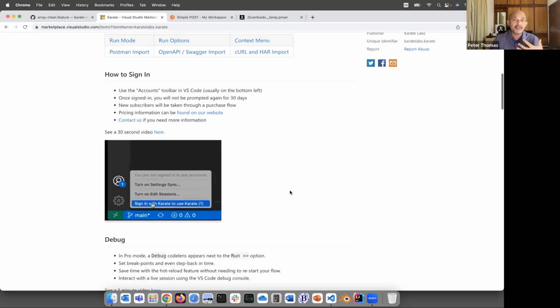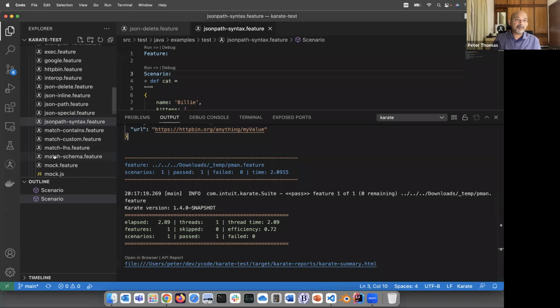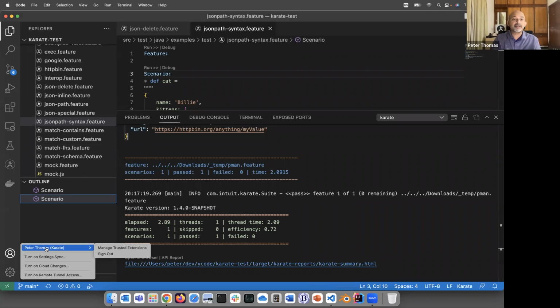And just in case you're wondering, if you've already installed the plugin and you are thinking about how do you actually get some of these extended features, signing into Visual Studio Code is pretty straightforward. I won't do a demo right now, but there's plenty of instructions, including a video of how to do it in the documentation for the plugin. And as a hint, anytime you're in Visual Studio Code, the bottom left has an accounts panel. It shows that I've actually logged into Karate. It's like a half-a-minute process to log in. Once you're logged in, you're not asked again for a login for a period of time. So, it just keeps you focused on your work in your